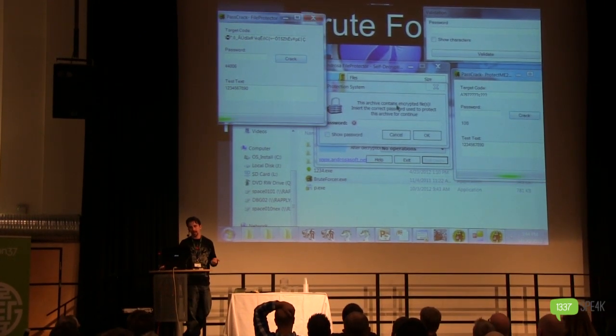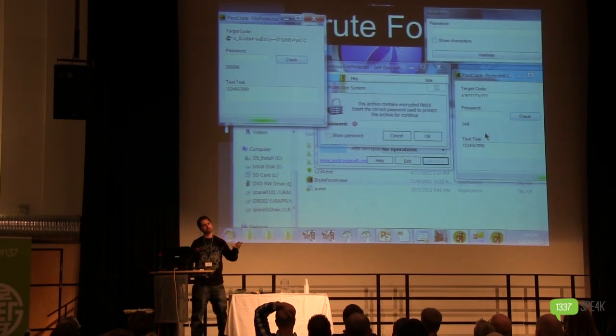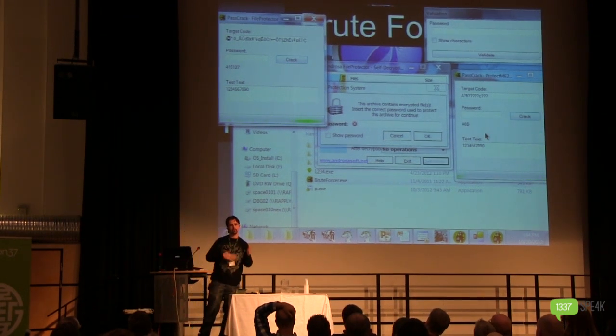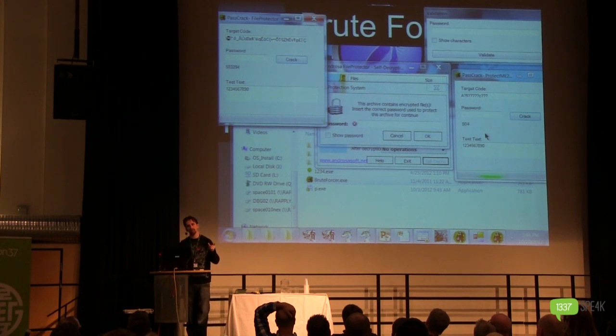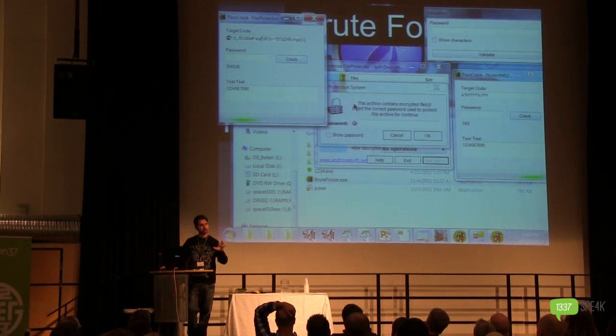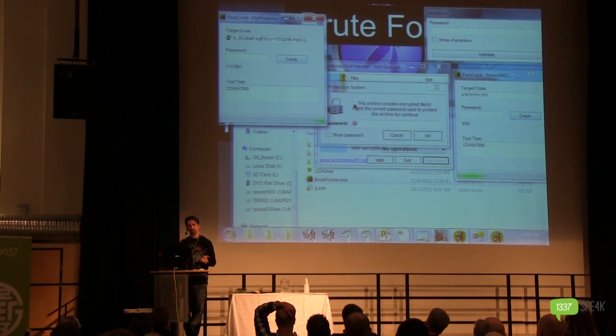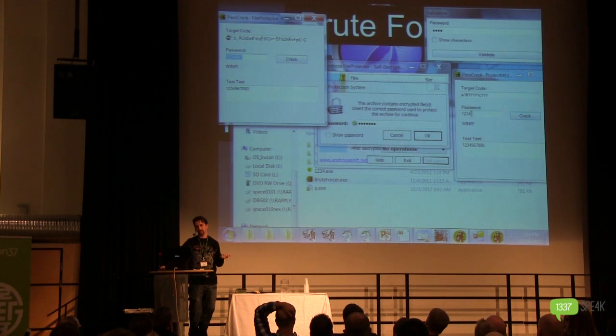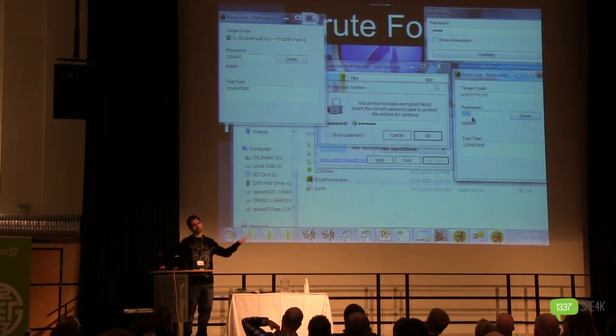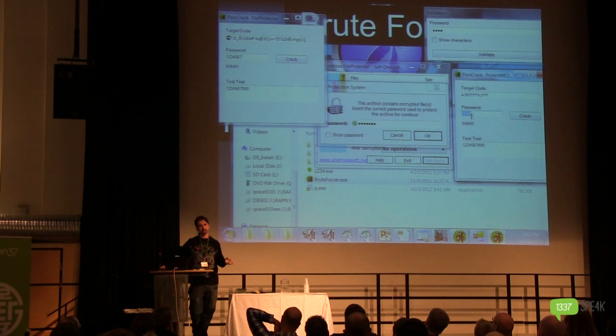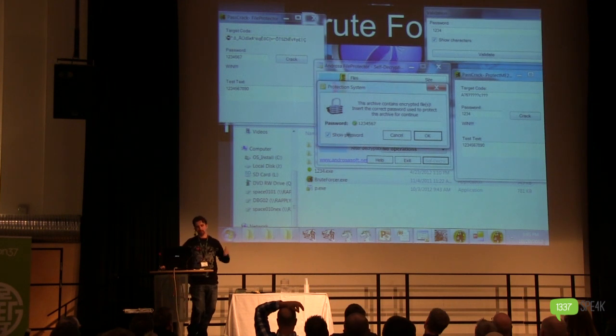Start brute forcing them, and when it finds it, it uses the password validation of its target to actually check all of the brute forces. So it reaches straight into the logic of the application to find the validation sequence, and it reaches in to find the hash, and then uses those to be a ubiquitous brute forcer that can quickly be augmented to any target. So this one is found, and this one is found. One of them was traveling much faster because the validation sequence is different on them. I thought it'd be nice to type it in and show the password that was found to be correct,